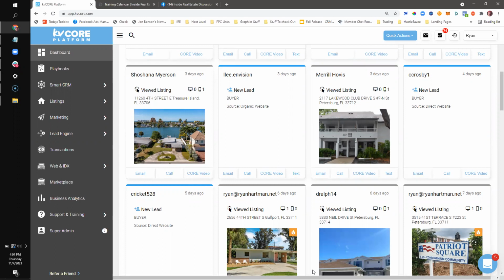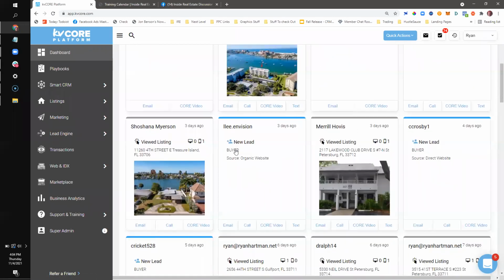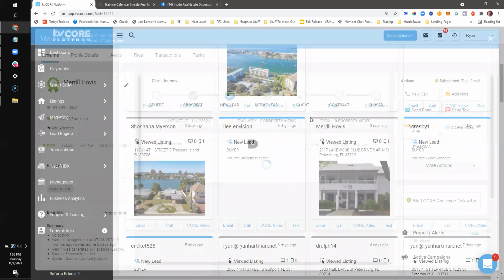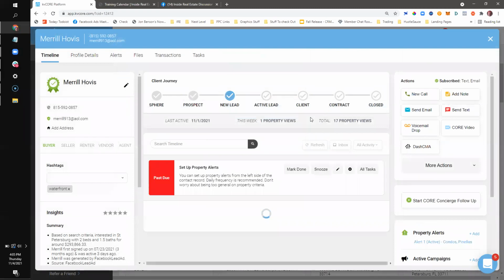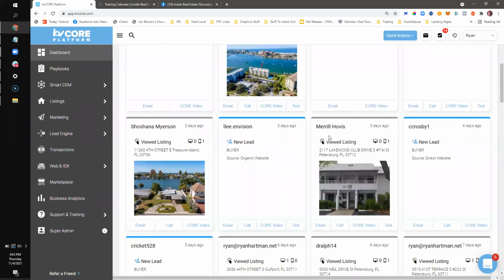What they're actually doing, I feel, is probably where you want to focus. So, bringing up the properties that they viewed, as well as the properties that they favorited. That's another piece to this, and of course, you can always just open up the lead profile to see the additional details. But the simple fact is that when you have those properties in the activity stream, you can just click the email or text option right below it, which makes it that much easier to directly communicate with them. That's the thing I like about kvCORE right here, the simple communication tools.